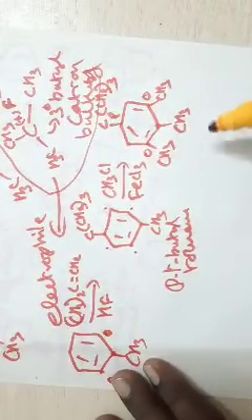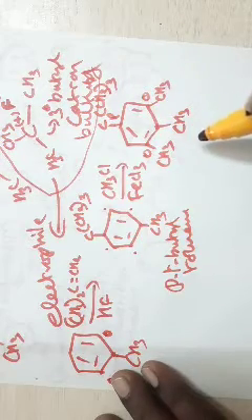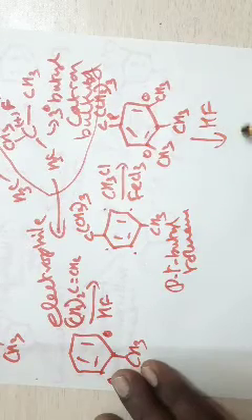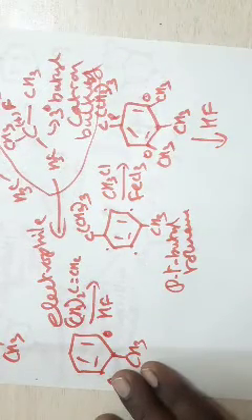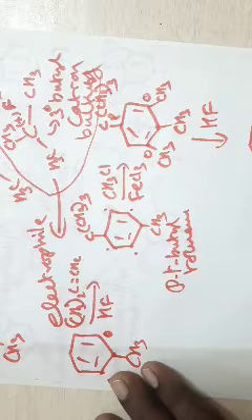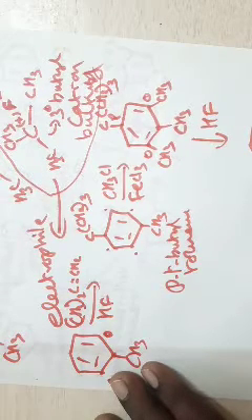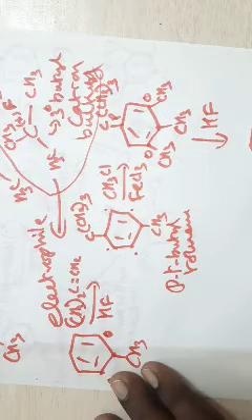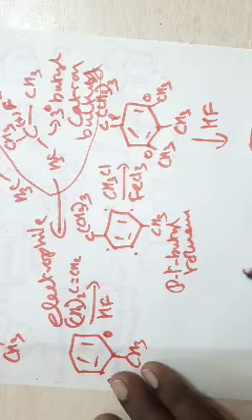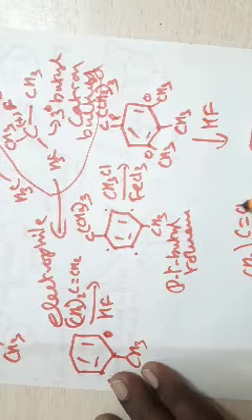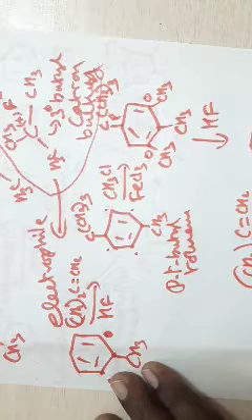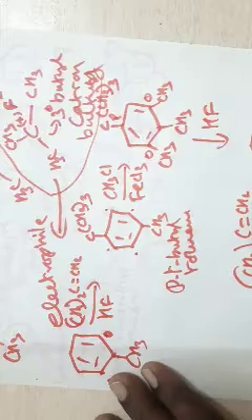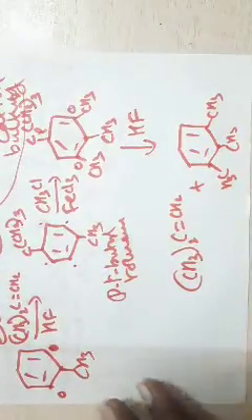Now what I do is, here comes the reversibility of the Friedel-Crafts reaction. If this molecule is treated with hydrofluoric acid, then the tertiary butyl group is removed to give you 1,2,3-trimethylbenzene, and you will get back your isobutene. So this is called the reversibility of the Friedel-Crafts reaction.